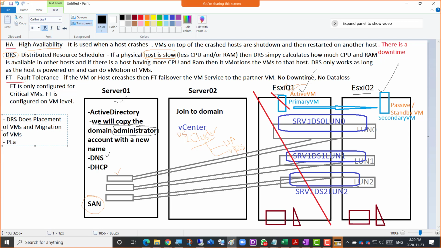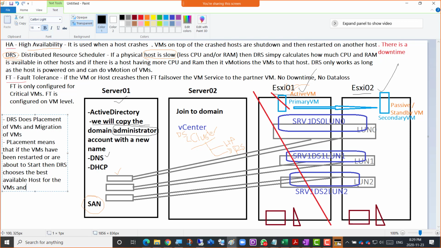Placement means that if the VMs have been restarted or are about to start, so they are powered off, or they actually got restarted, or you restarted them, then DRS chooses the best available host for the